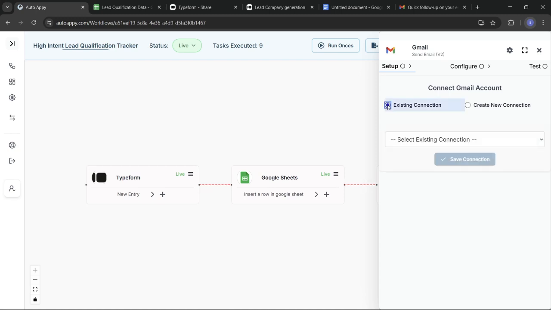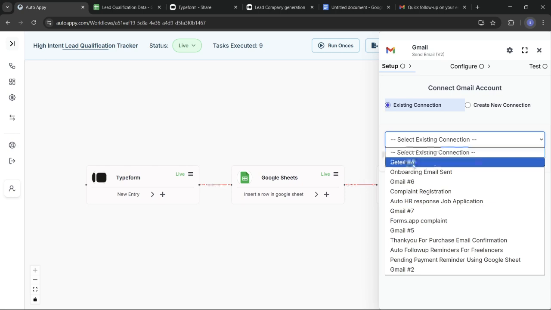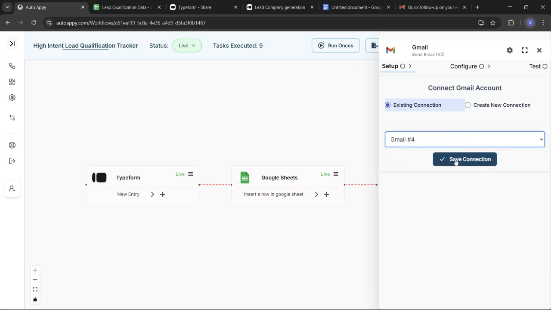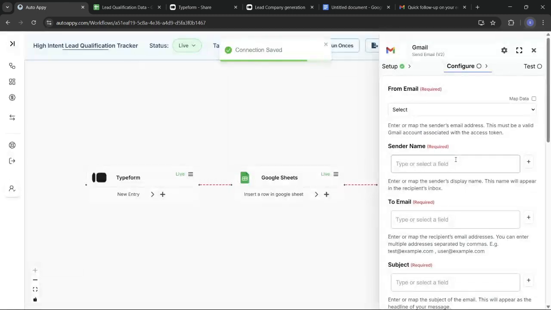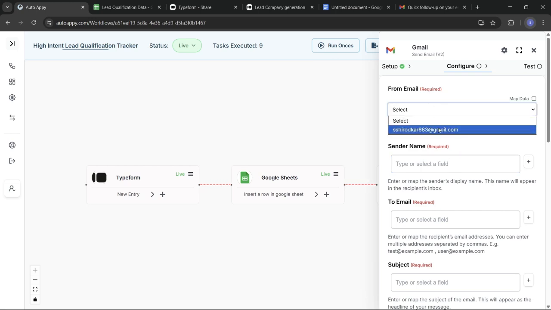So for this you need to make sure that you have already connected to Gmail. So let's just select any one of these connections here and say save connection. So here you can see that we are having a form email section. Here we are supposed to select the email ID by which you are logged into Appy. Now it is asking for the sender's name. So here you can give it as Appy